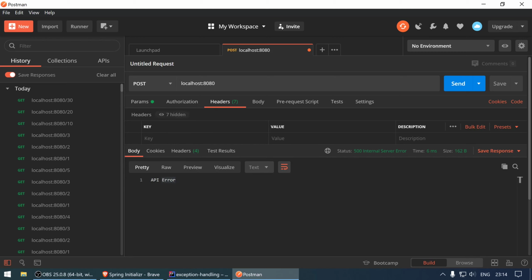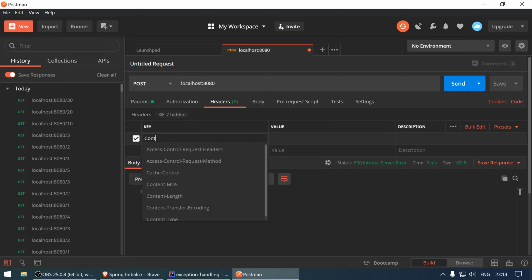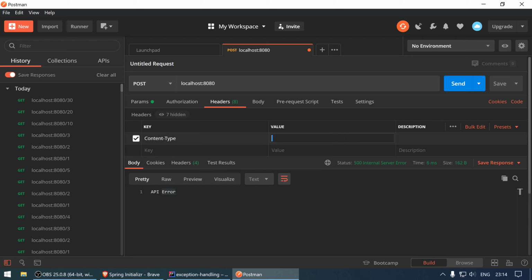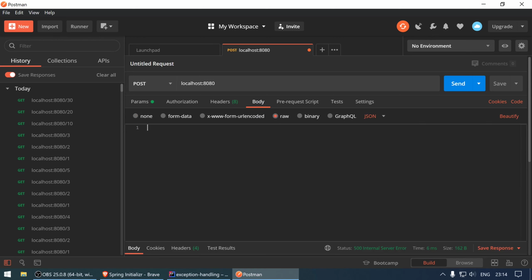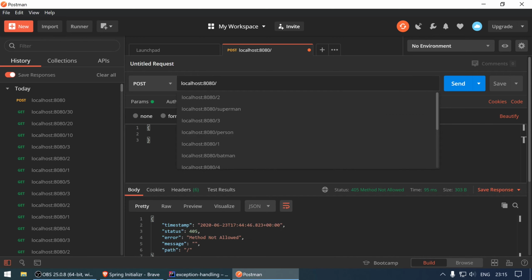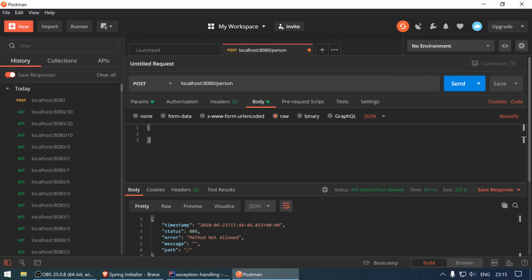It should be in headers. Okay, content type, this is going to be application/JSON. And when I go to body, I'm going to select raw, and I'm just passing an empty object or empty JSON. Okay, now let's send it,